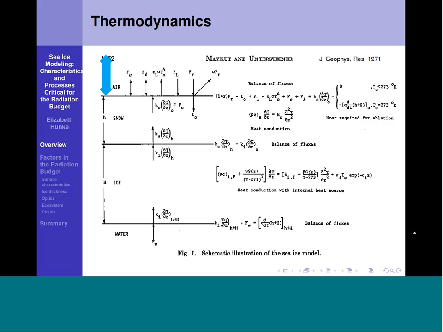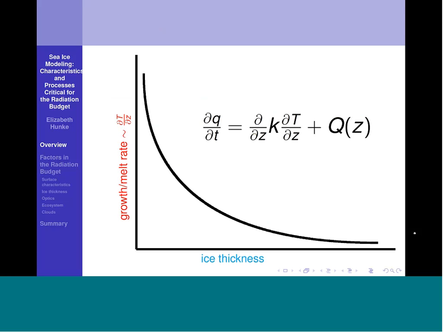So the schematic shows air at the top, which is over snow, which is on top of a layer of ice, and that in turn is floating in the ocean. The arrows at the top represent the fluxes between the atmosphere and the snow or ice, and they determine the temperature of the snow or ice. The terms inside the snow and ice represent heat conduction through the material, and that is the basic thermodynamic model here, the heat equation with an internal heat source from radiation that penetrates below the surface. So that's the equation that I've written on this slide.